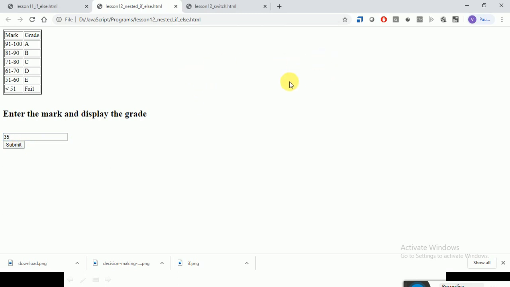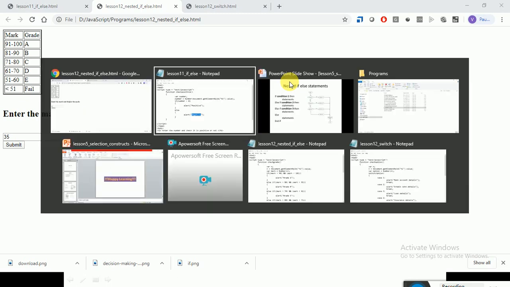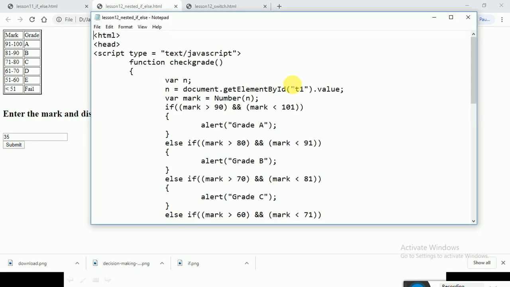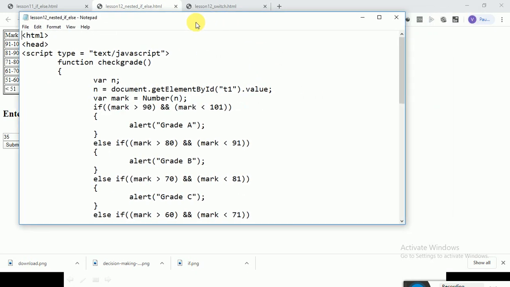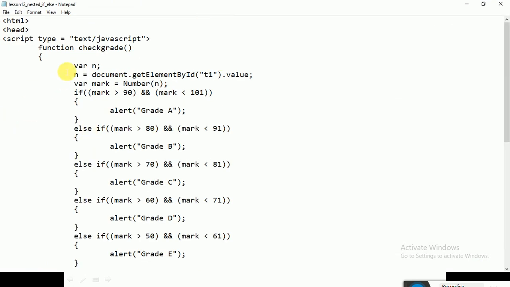So how to do this using the nested else-if statement? We can see the code now. This is the code I have written for checking the grade, with a variable n, and n will take the value from the text box, converting it into number format. If the number is greater than 90 and less than 101, it will print grade A. Otherwise it will go to the second part.